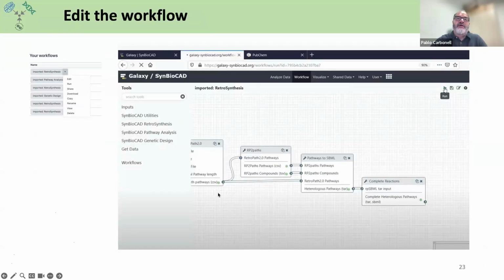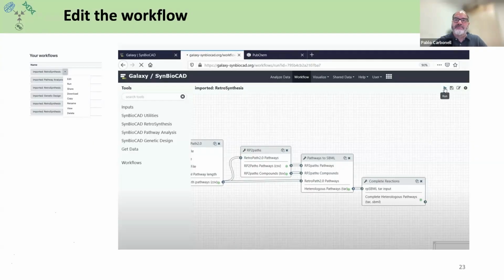So if you look inside the workflow, you will see this typical interconnection of multiple steps. Well, it's a bit cut, but the first step is the RetroPath, but then it goes into the pathway enumeration, into the conversion into SBML, because one thing that we have tried in this workflow is to always generate data as outputs that are in a standard format, like in this case, SBML, that is the most standard format for metabolic models